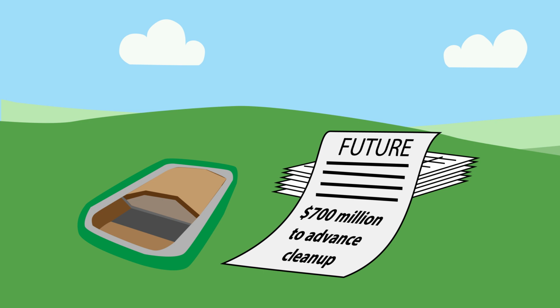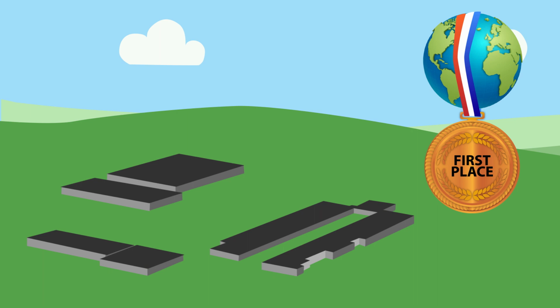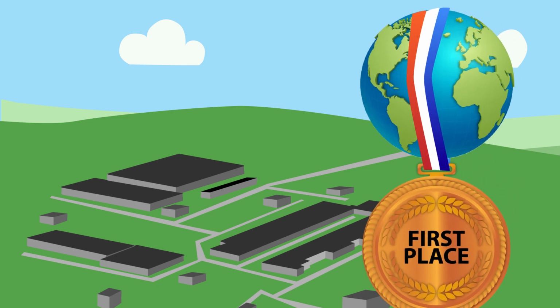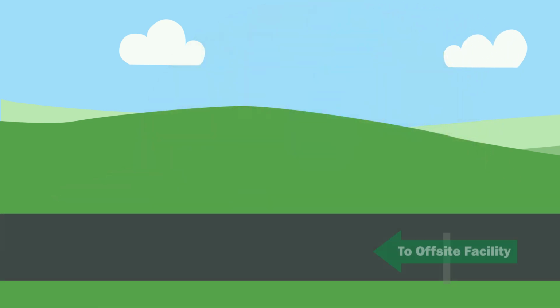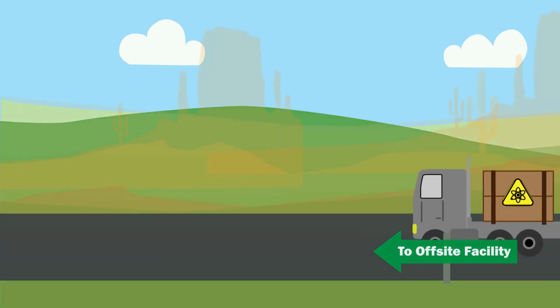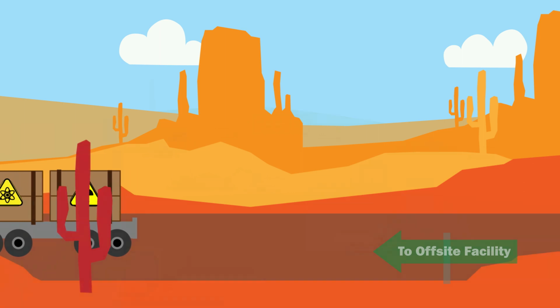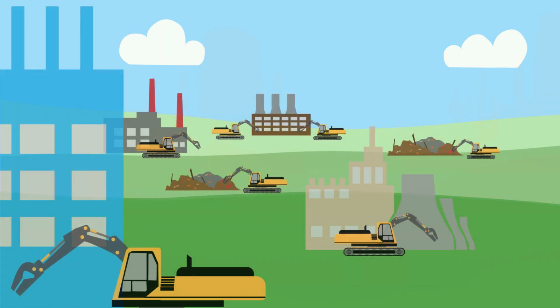cleanup rather than shipping. This approach has enabled Oak Ridge to become the first site in the world to tear down all of its gaseous diffusion uranium enrichment buildings, and next year, Oak Ridge will be the first in the world to complete cleanup of an entire enrichment complex. It's important to note that off-site disposal remains a crucial element of Oak Ridge's cleanup strategy. While the volume shipped off-site is much smaller, it allows DOE to eliminate the most hazardous waste, including nearly all